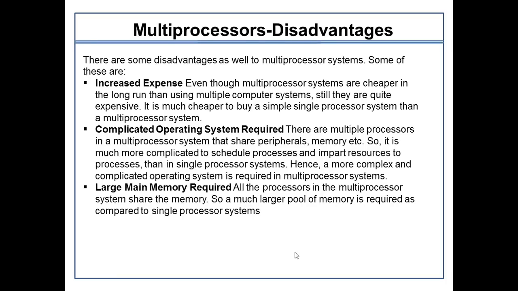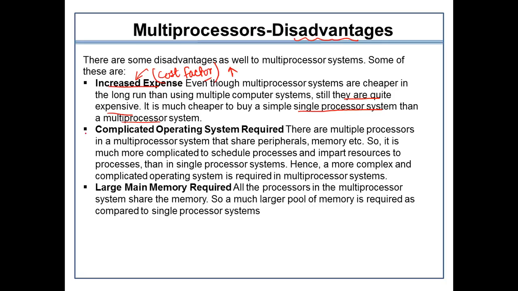Okay, so the same is the case for the disadvantages as well. The very first point is almost the same: increased expense. Definitely not everyone can afford it, and it does not fulfill everyone's need. If you want to use it for general purposes only, there is no need to spend so much, because these are quite expensive in nature. It is much cheaper to buy a simple single processor system than a multiprocessor. This is the disadvantage in terms of the cost factor only, because the one-time cost is very high.